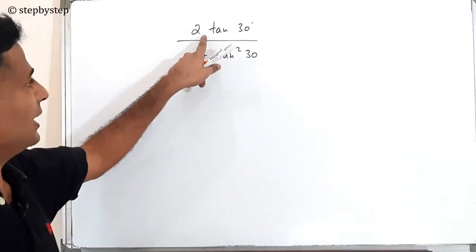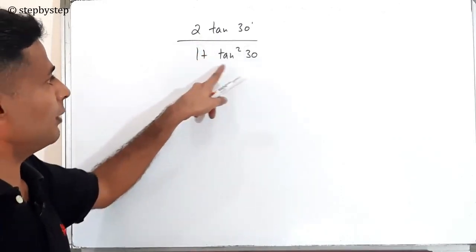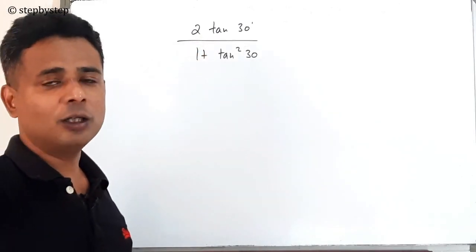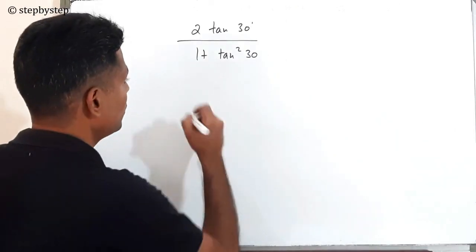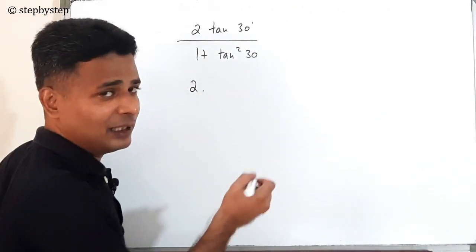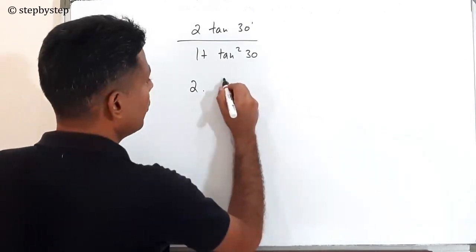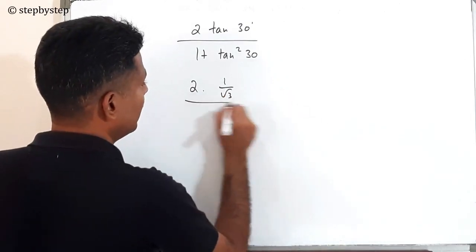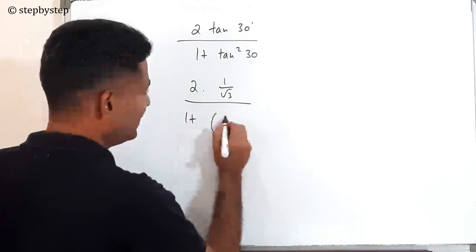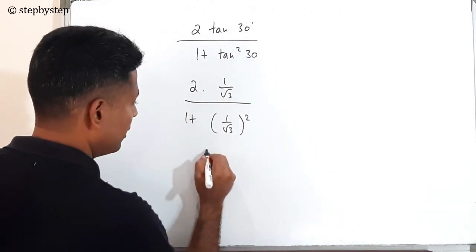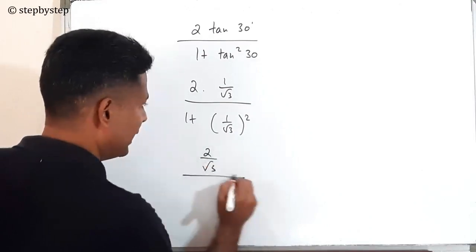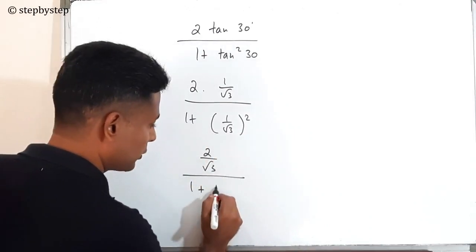Now the first question they have said evaluate 2 tan 30 by 1 plus tan square 30. All you need to do is remember the special angle table. So 2 tan 30, how much is tan 30? If you check, it will be 1 by root 3, by 1 plus tan square 30 is 1 by root 3 whole square. So we get 2 by root 3 by 1 plus 1 by root 3 whole square